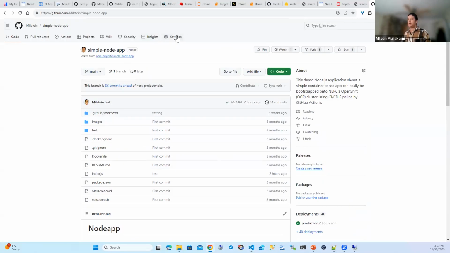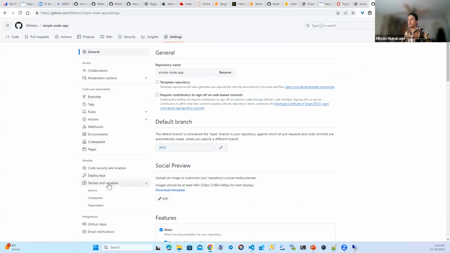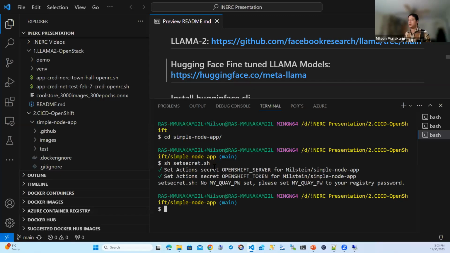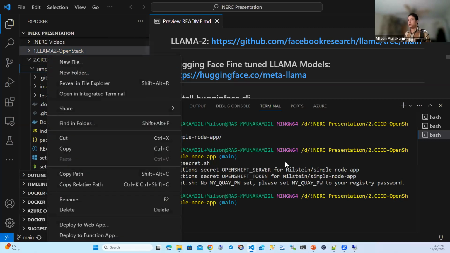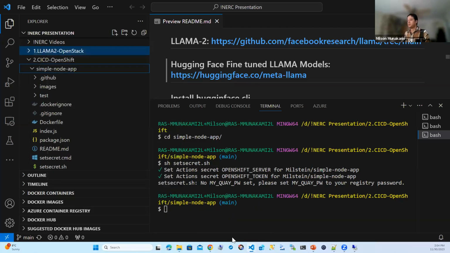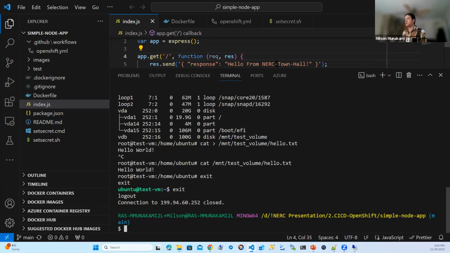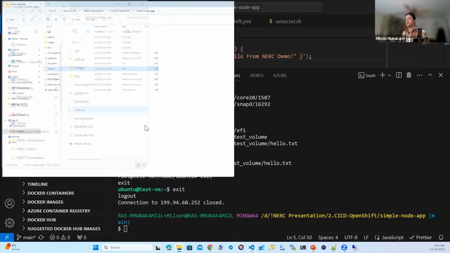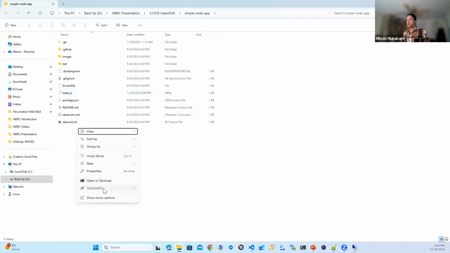If we look into the pipeline, the secrets are stored in this repo on this file. So you can see those secret values have been updated once we run this set secret command. And now we can just change some of the file in our application, and that will be deployed into the cluster. For example, instead of using hello from now, I'll just use demo and then commit this change. Whenever we commit any new change on this repo, it will trigger